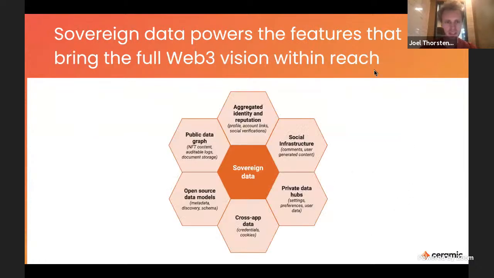Some things that this can be used for. The main thing is that this becomes a sovereign network where users are in full control over their data, and ultimately they're part of the social graph and a global user table. So obvious things you can use this for are aggregating identity information and ultimately reputation information. You can store other public data in there, like NFT content, like mutable NFT content. So you can have content that's changeable by the owner of an NFT.